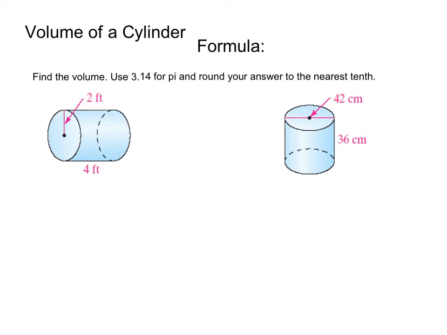So this is similar to a prism that you found the volume of last year in 7th grade, except the base is a circle. So last year you did the volume of a base was length times width times height. Or you might have said that the volume was the area of the base times the height. Well, the base is a circle. Do you remember the area formula for circle? It is pi r squared,